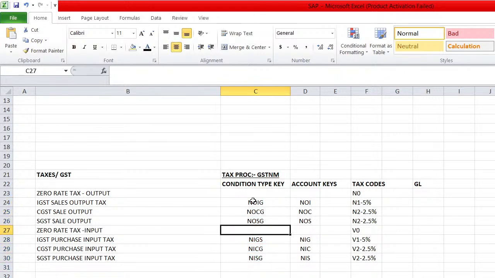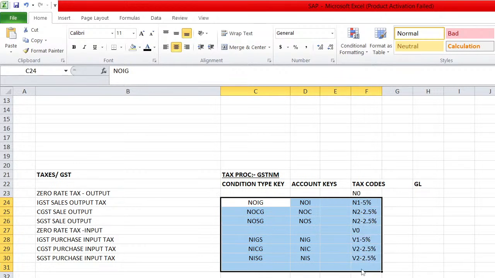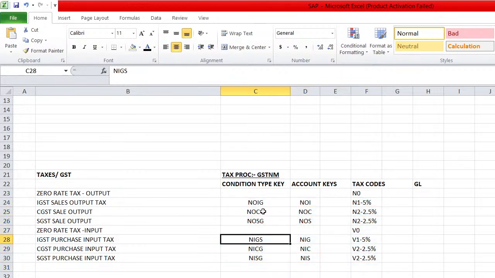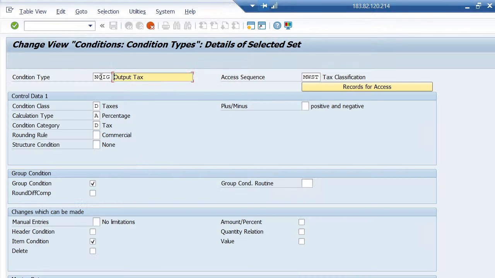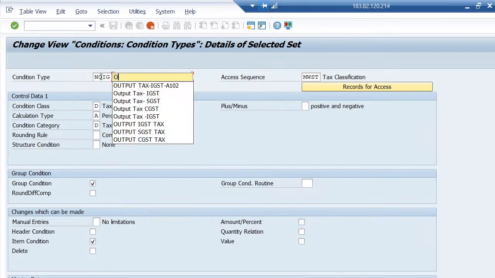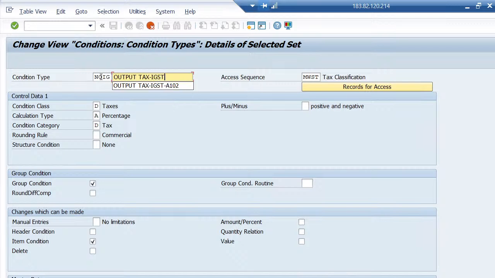It can be anything, you can create any number. This is output tax IGST for NM02, then access sequence